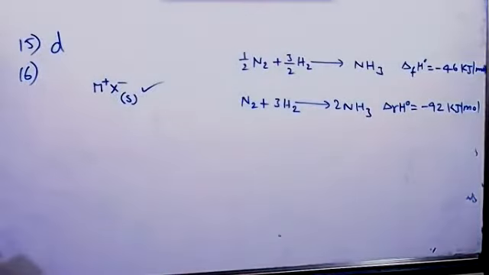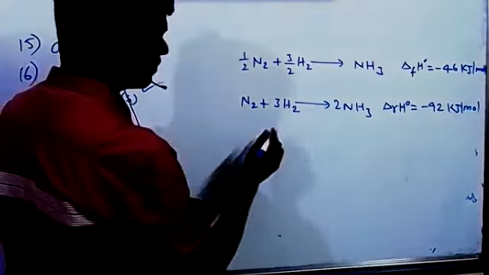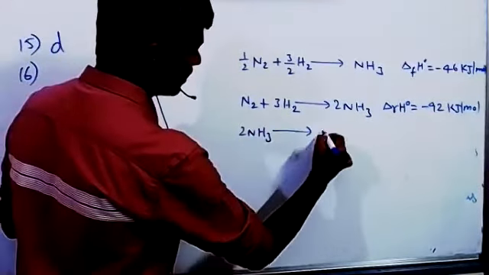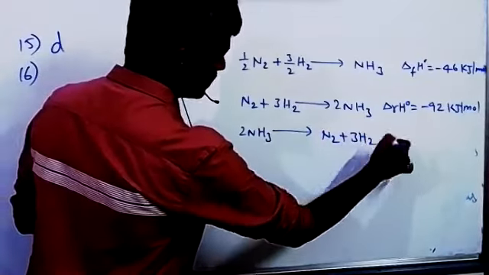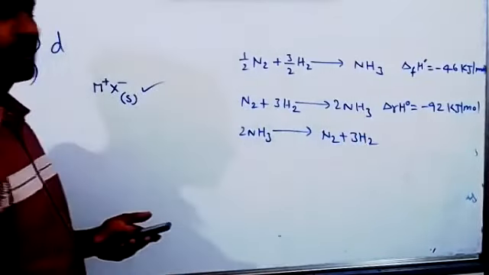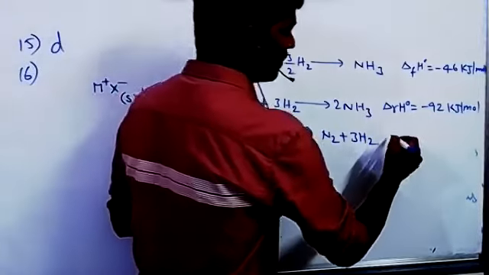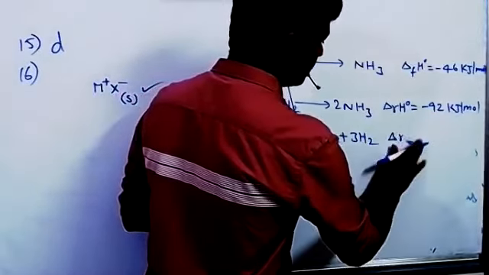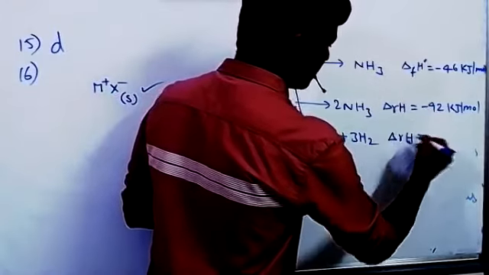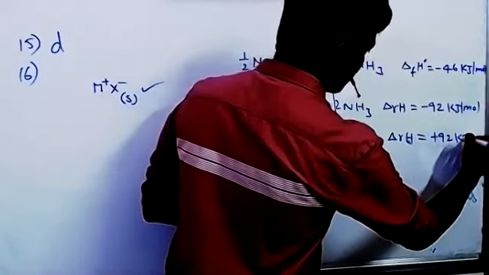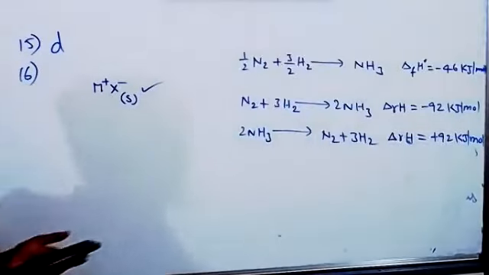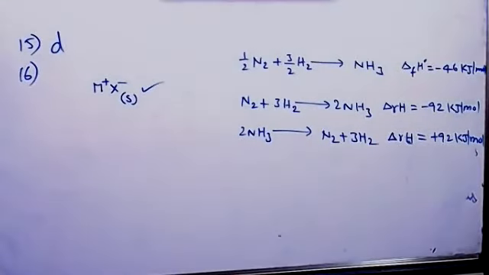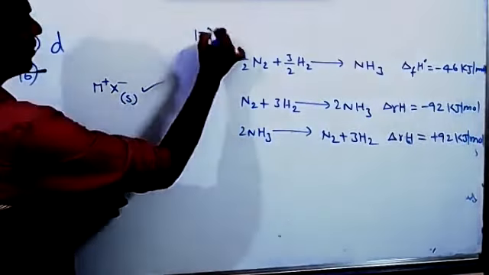Okay, the enthalpy change for the reaction. The reaction given is 2NH3 gives rise to N2 plus 3H2. Just reverse the reaction. Decomposition of ammonia: 2 moles of ammonia undergoing decomposition giving N2 plus 3H2. Once the reaction is reversed, the sign becomes reversed. So here the enthalpy of reaction, not standard enthalpy, just leave it, becomes plus 92 kilojoule per mole. Very simple question. So this is given.